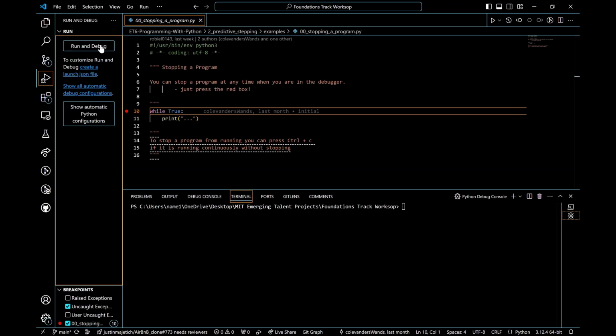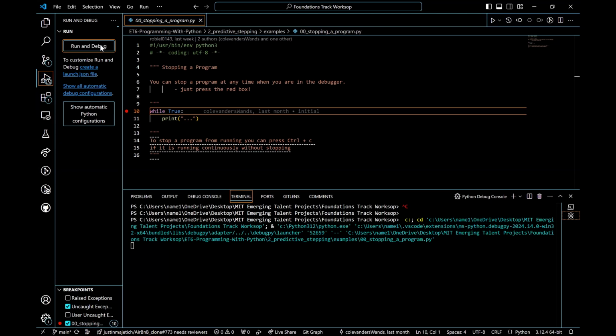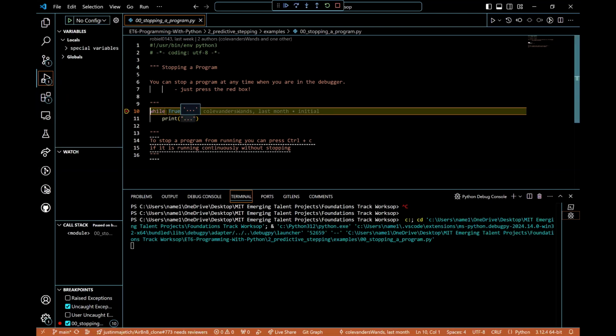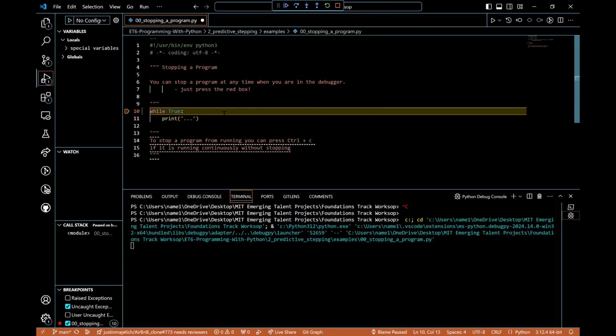Okay, run and debug. So yes, it has been established. We see I'm on this line, and I will press here to step into the line. When I step into it, it will then tell me what this line of code will do. Now, my prediction is that, okay, I predict that